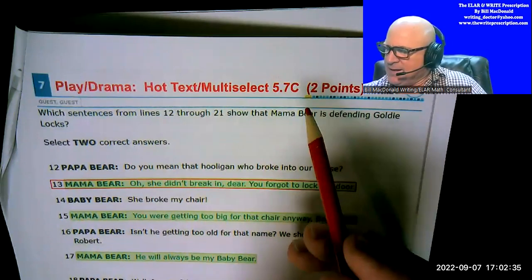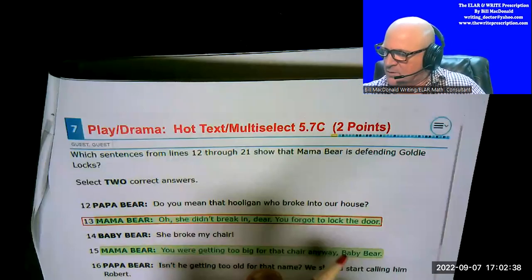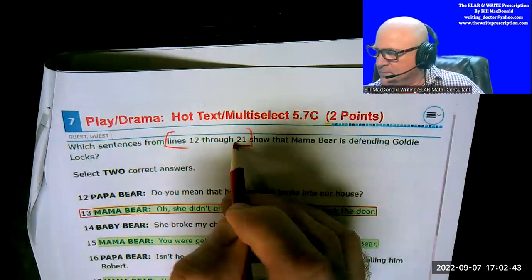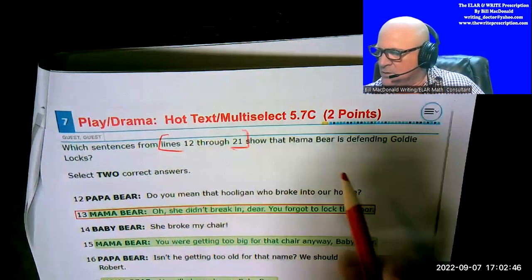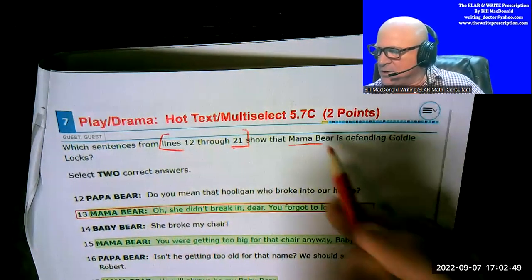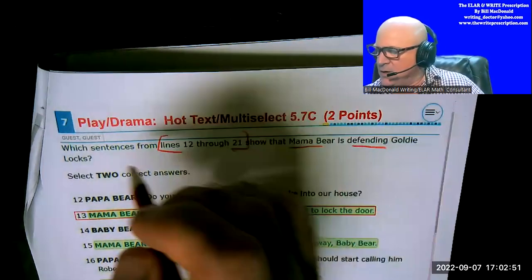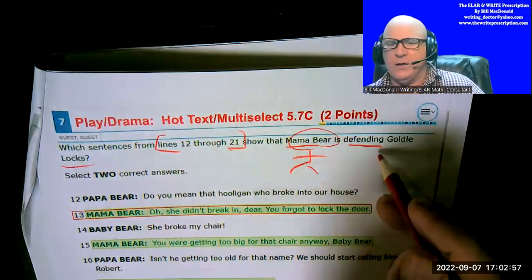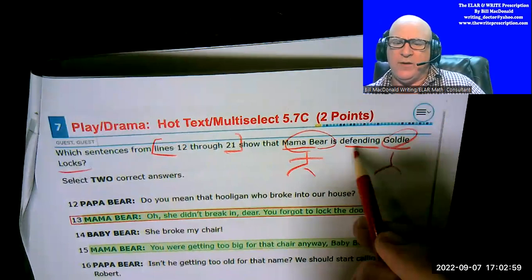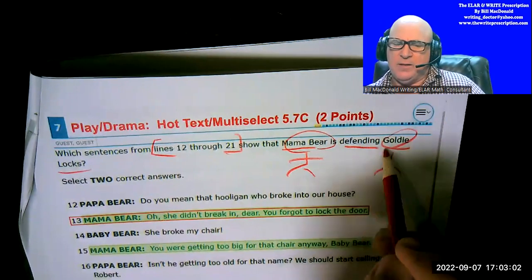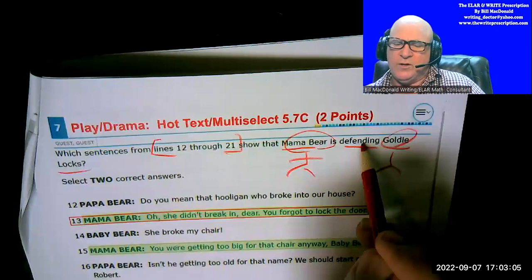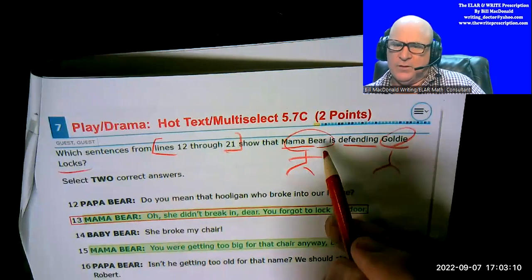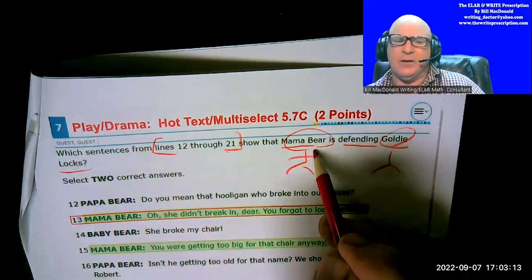Which sentences from lines 12 through 21 show that Mama Bear is defending Goldilocks? Okay, who are the characters? Mama Bear. And what's the connection between the two of them? She is defending Goldilocks. When you defend somebody, you stick up for them in the situation. So what we need to look for is which two lines does Mama Bear stick up for her, say something, because